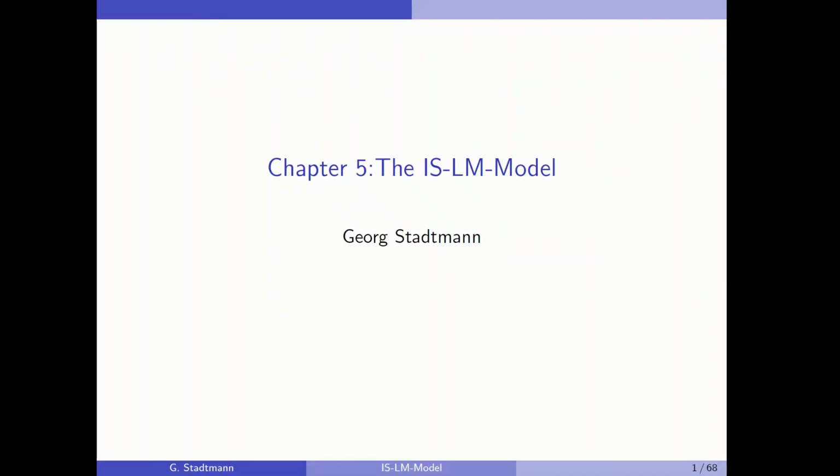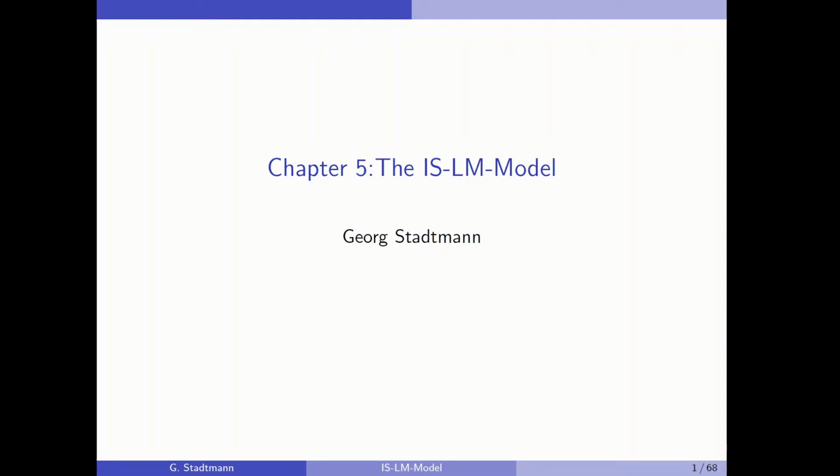So welcome everybody to Chapter 5, the IS-LM model. What does IS and LM stand for? IS is the abbreviation for investment and saving. So we are looking at the goods market equilibrium condition, because one goods market equilibrium condition for the closed economy says that investment has to be equal to public savings. And the L and the M is an abbreviation for money supply and liquidity demand, like the equilibrium condition